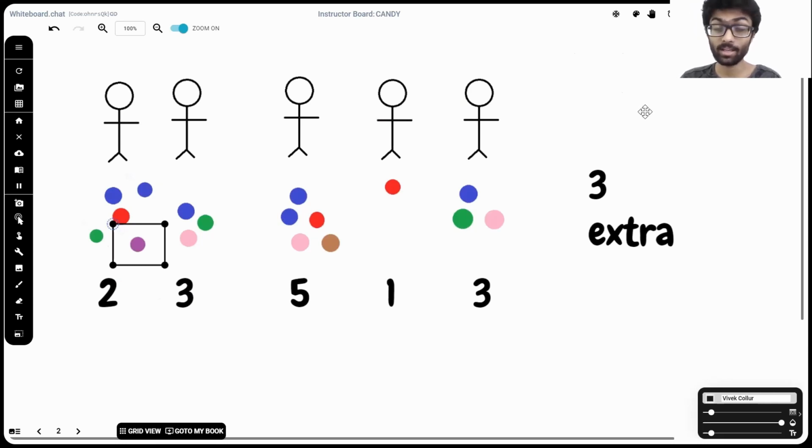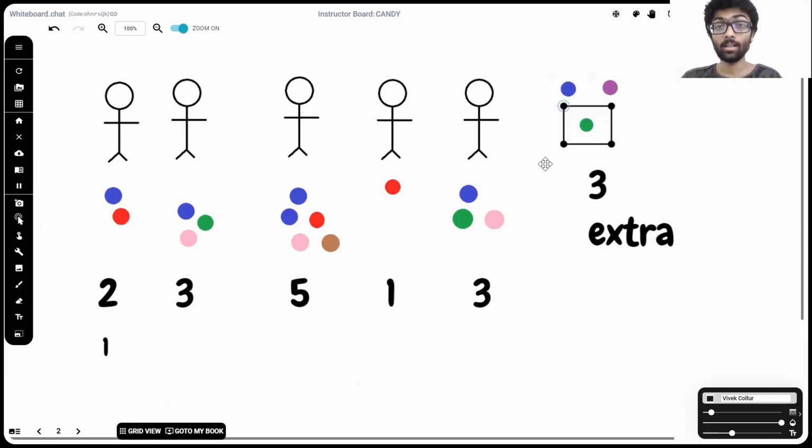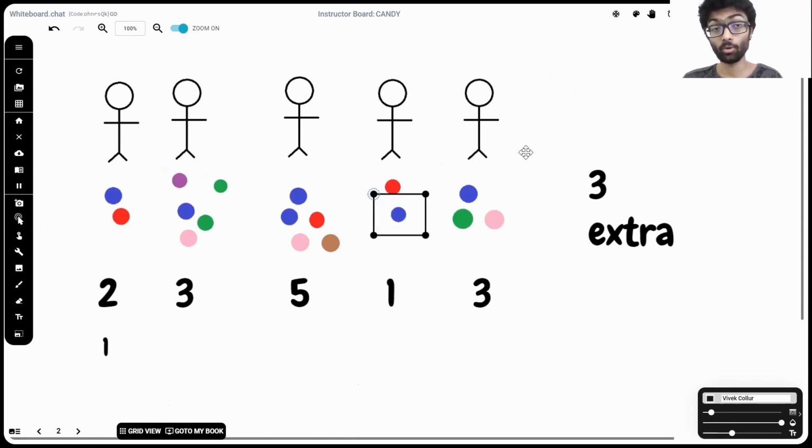And we know, because it's stated in the question, that multiple kids can have the same number of maximum candies. Meaning once we give all 3 candies to kid 1, this kid has achieved the maximum number of candies and hence his output is 1. Now let's have a look at kid 2. If we give this kid just 2 out of the 3 candies and give this last candy to someone else, let's say kid 4, we can see kid 2 has achieved the maximum number of candies. If we give this kid all 3 candies, he has 6 candies, which is indisputably the maximum number. So that kid's output is going to be 1 as well.